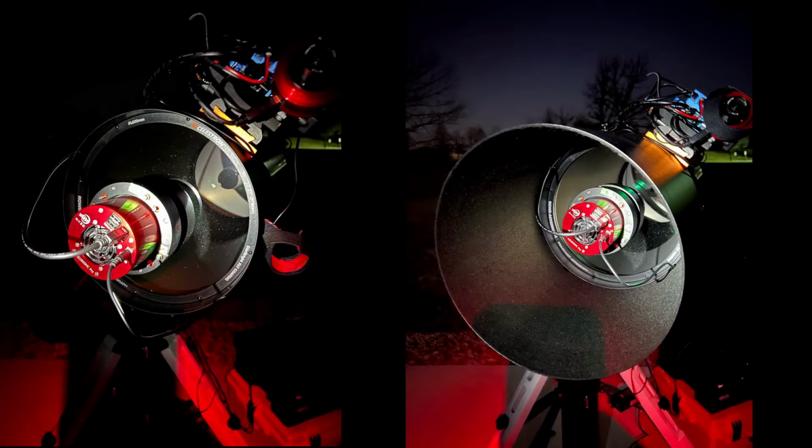Now you might be wondering, well, where do you look through the telescope? And what's interesting about this telescope is there is no place to look through the telescope with an eyepiece. In fact, I sold all my eyepieces to be able to buy the camera. There's no need for an eyepiece with a RASA because the RASA has no receptacle for an eyepiece. So that's the